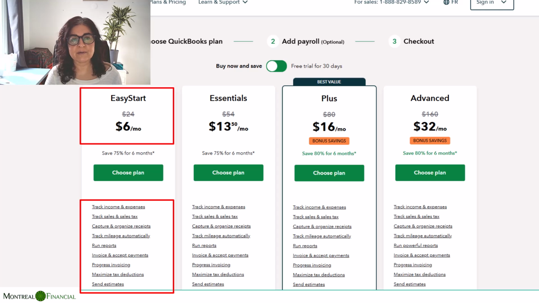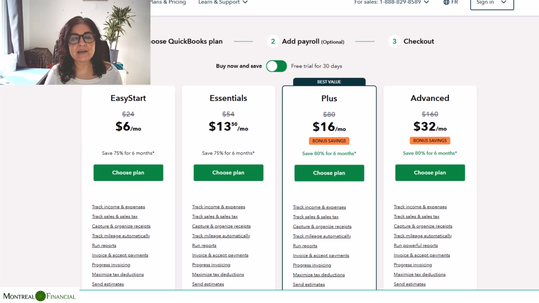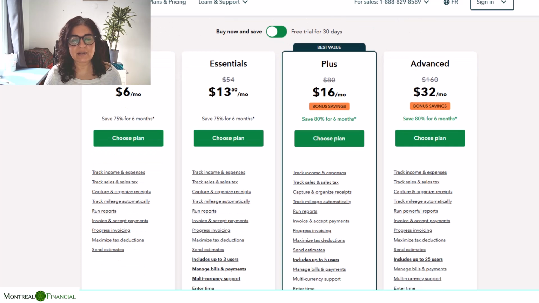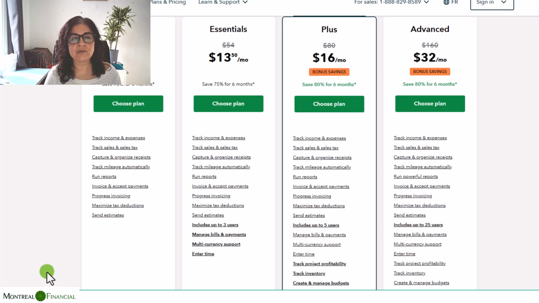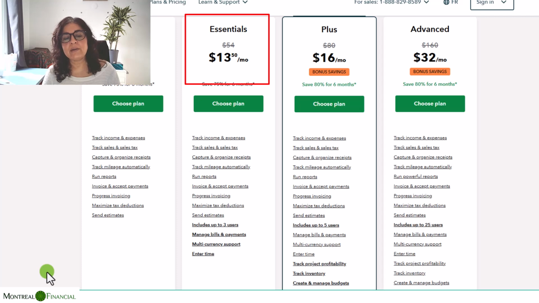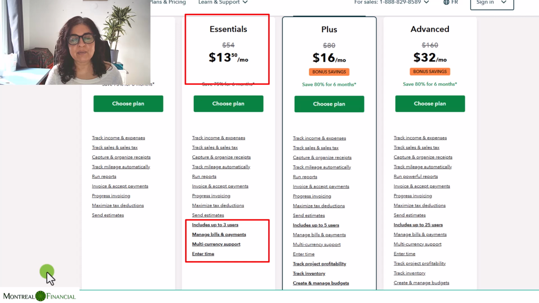So in the Essentials plan, you can see that everything that's included in Easy Start is also included in Essentials. In addition, one of the 3 significant changes that everybody should note is that you can manage bills and payments. So in the Easy Start version of QuickBooks Online, you cannot add bills,